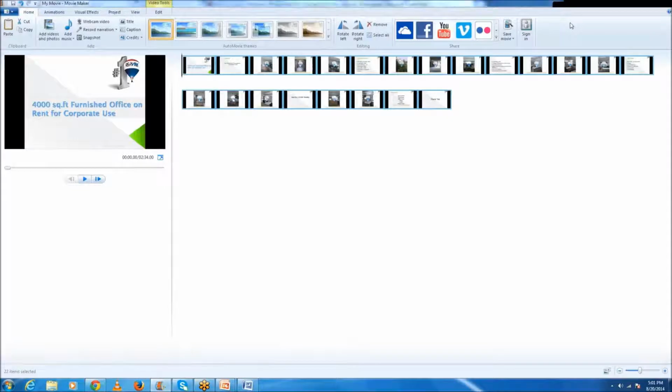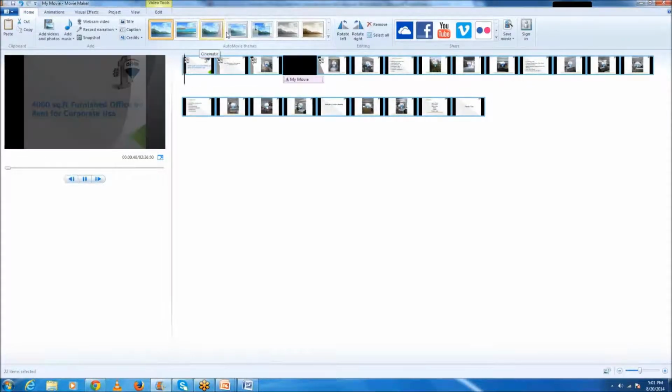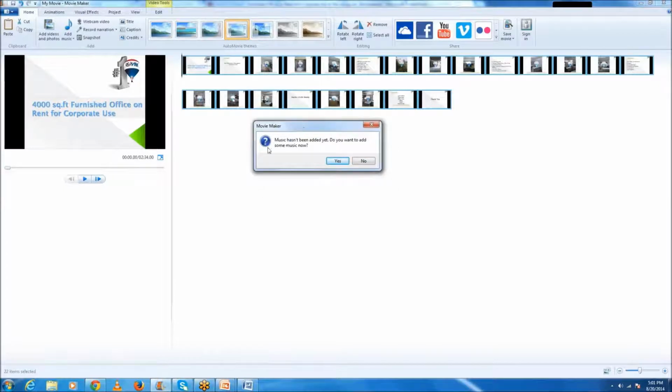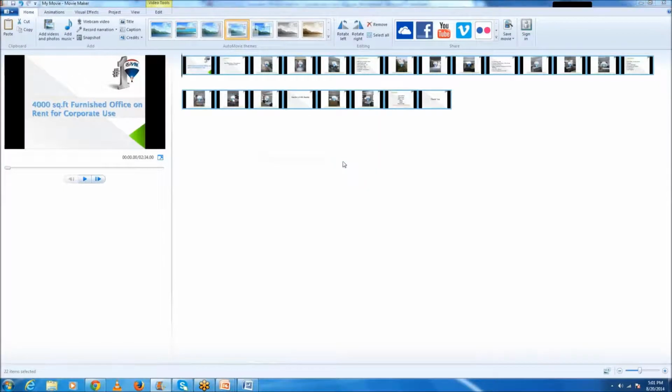When you do this, you have a lot of options here. You can record your own narration. These are all designs, these are all themes, whatever themes you want. Suppose you want to add music, then you can add music also.